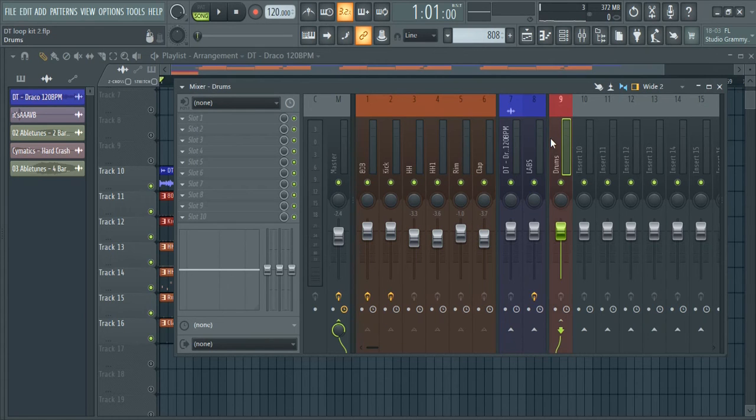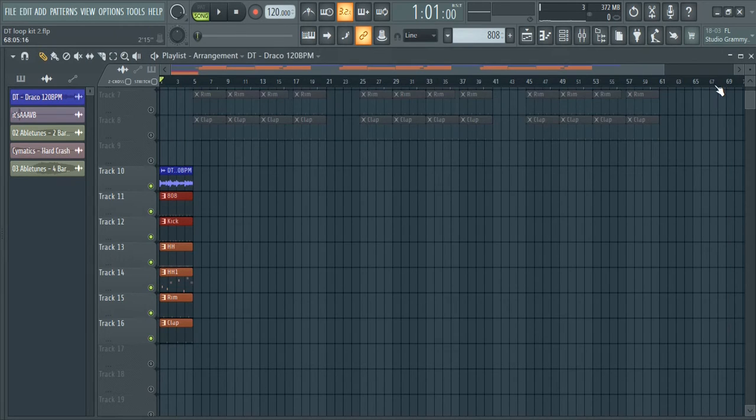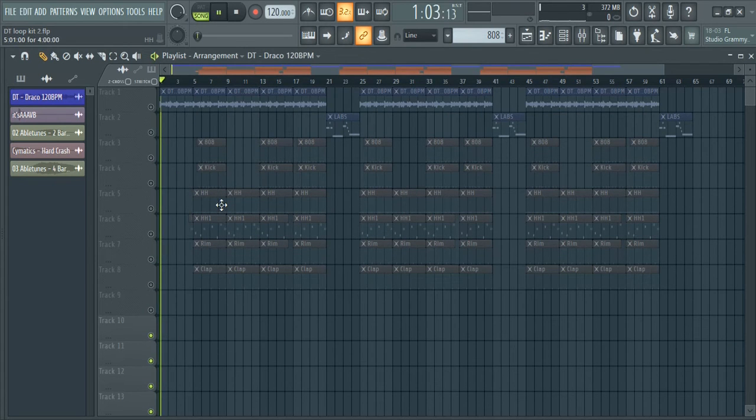So that might help you if you want to apply an effect on all the drums and you don't want to do that for every drum there is. So now once we have our drums mixed up, what I'll do is I'll enable everything,